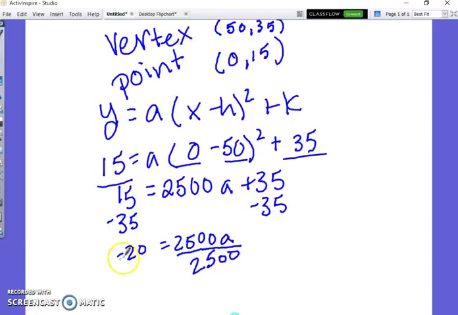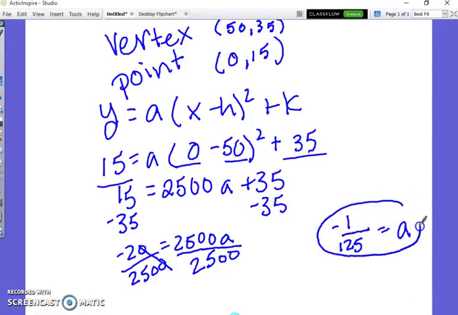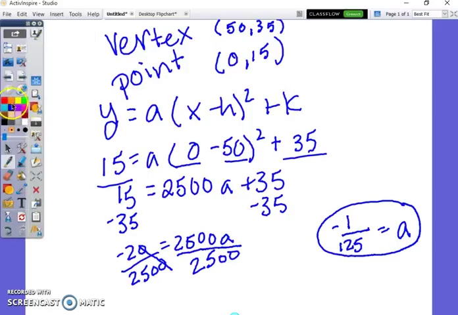2,500. Okay, how can we simplify negative 20 over 2,500? Okay, so take out your zeros, and then how many times does negative 2 go into 250? So I have negative 1 over 125. So I have an equation, right? What's my equation? y equals